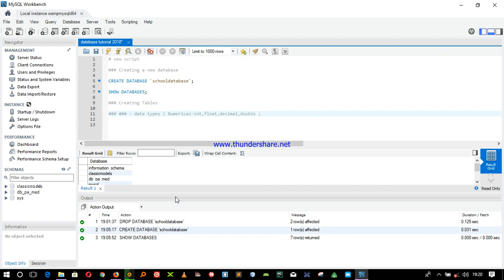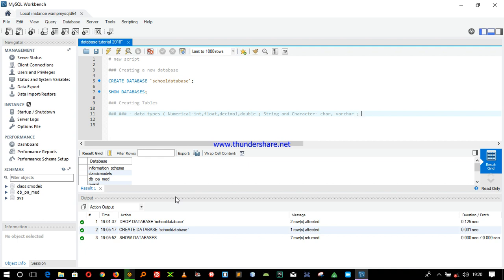Right, then we have the string and character data types, where we have the char, we have the varchar. Right, and we said we normally use this.